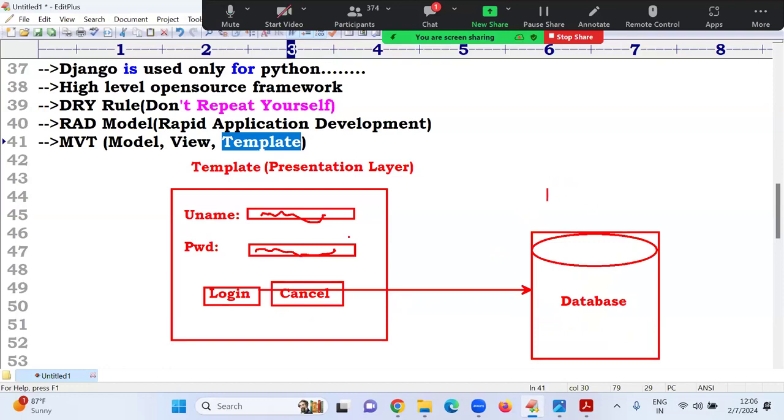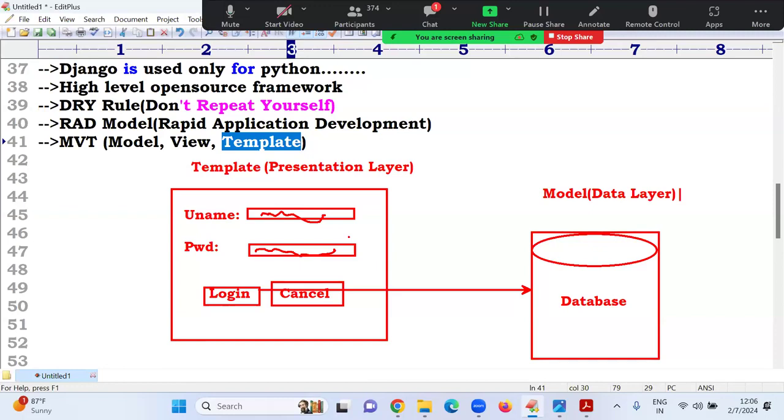This database is nothing but our model. In normal terminology, you call it the data layer. In Django, we call it a model. One model is nothing but one table. What is the meaning of database? A collection of tables. If I want to store multiple tables in one place, that place is one database, and each table in Django we call a model.